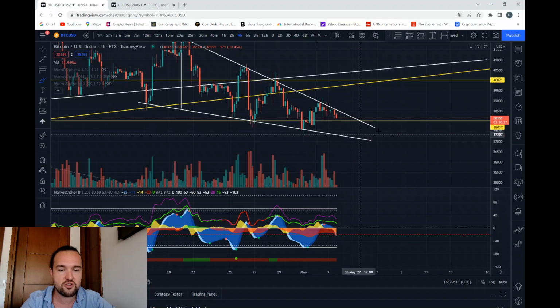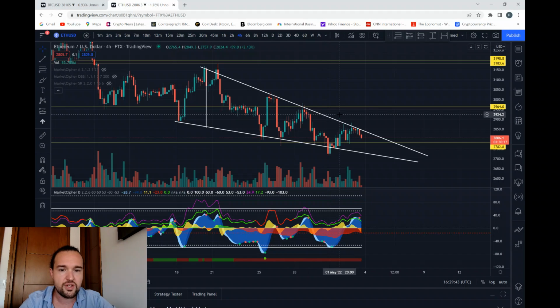Because if something leaks out today on the Fed and this thing suddenly starts dumping down or pumping up, and you're on the wrong side, you're getting liquidated. So be very careful. On ETH, exactly the same story. Also a falling wedge